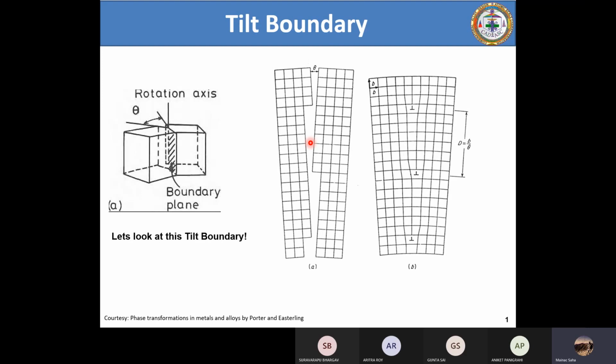Are you getting ideas, or are you thinking something? Actually, the level of your voice is not constant. If you could repeat once again. Okay, I see. What I asked is, when you are trying to plot a phase diagram, you are considering a free energy versus composition diagram, isn't it? For different temperatures, correct?